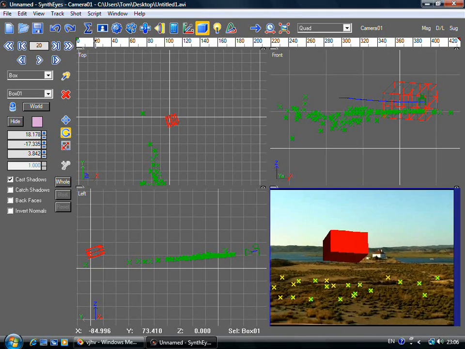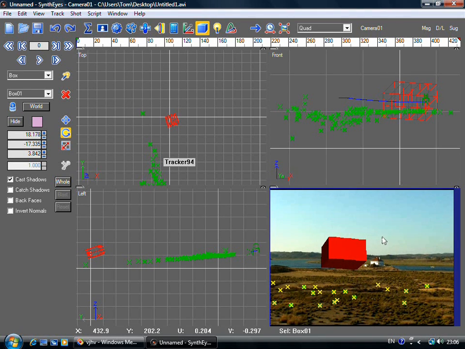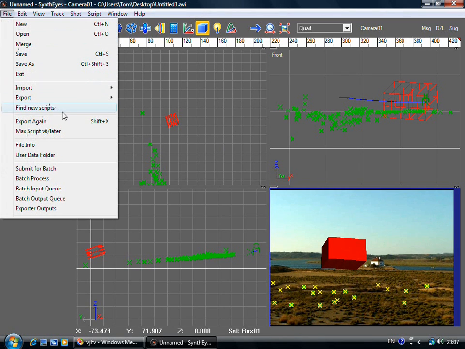Now, this is about as simple as camera tracking gets. If you want to do something advanced, like let's say you have an object passing in front of the camera, and you want to have this box disappear behind the object, you will need to do some masking there, track the masking, etc. I'm going to be explaining that in more detail later, but for now, let's just export our camera tracking points. So go File,